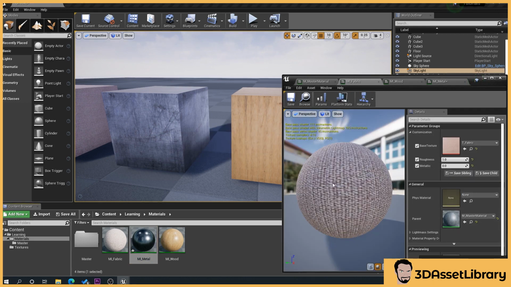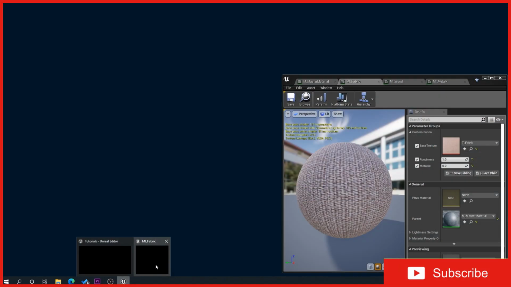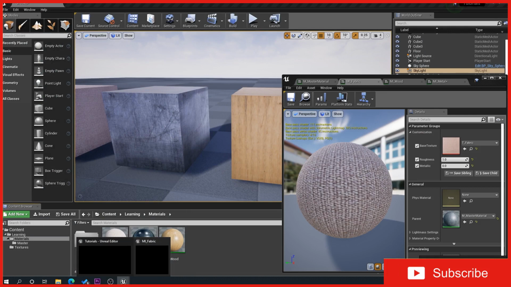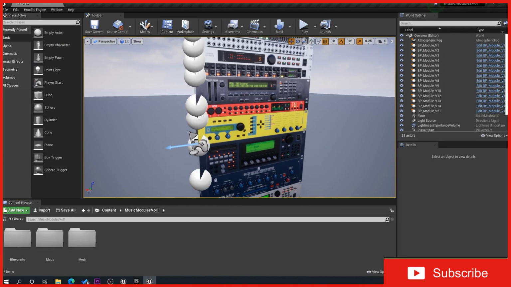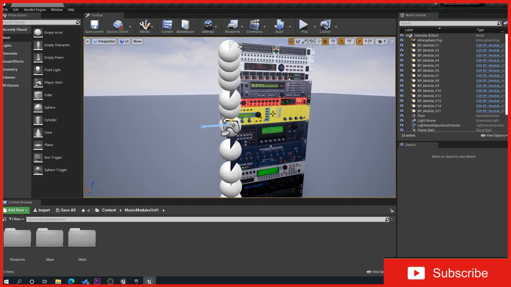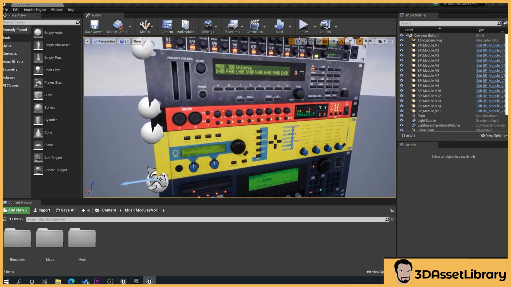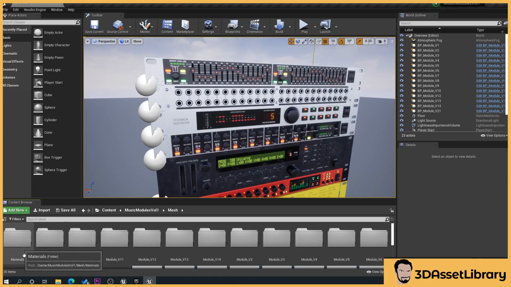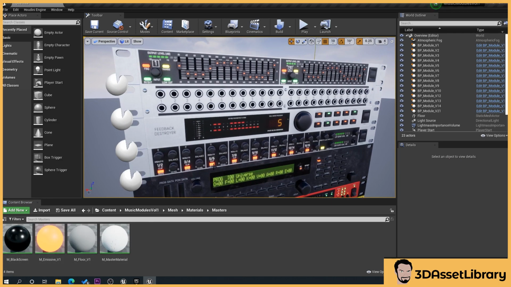And there we go. So now I've got another example here, which is a project that I'm working on, and this gives you a good example of how material instances work. As you can see, I've got, I think it's 14 individual unique items here, all powered off material instances that come from a master material. So if I go materials, masters, there's my master material. I've even got one for an emissive, which gives these little lights.